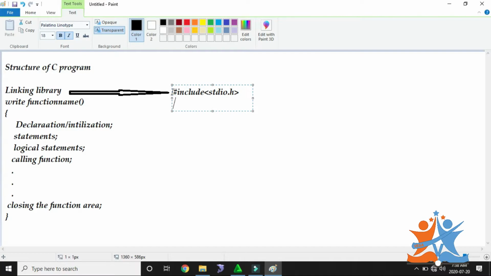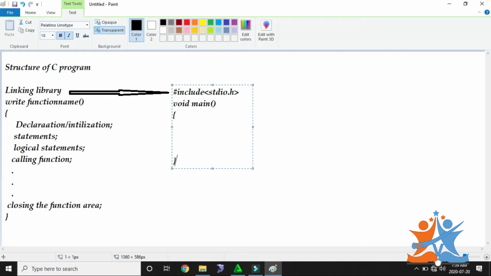That is a complexity we face. That is the reason C gives one predefined empty function, whose name is main. Void main is a function. Void main is a function.